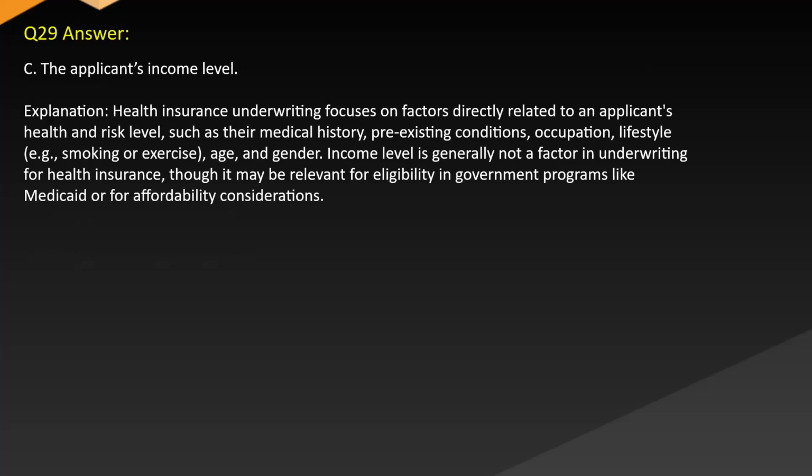Answer: C. Insurers may use credit scores as a factor in determining premiums as they are correlated with risk. Explanation: many insurers use credit scores as one of the factors in underwriting auto insurance policies because studies have shown that individuals with lower credit scores are statistically more likely to file claims. Therefore, credit scores are often used to assess risk and determine premiums. However, insurers are required to disclose the use of credit scores and ensure it is done in compliance with applicable laws.